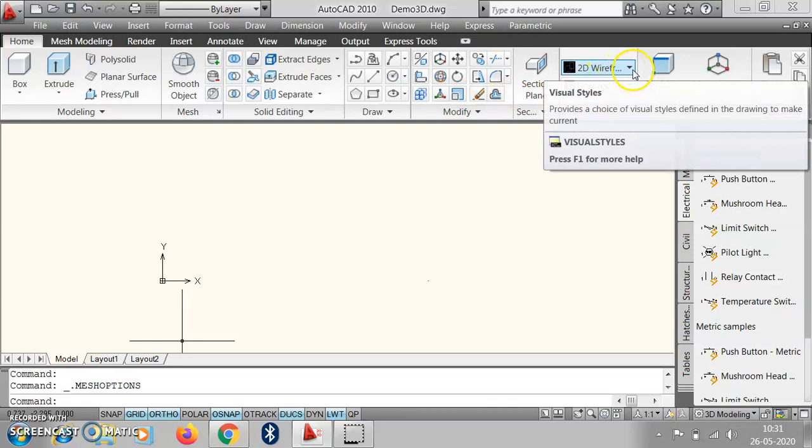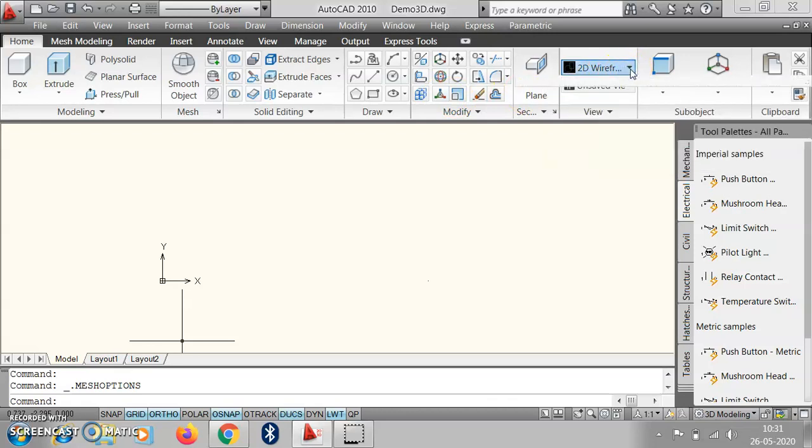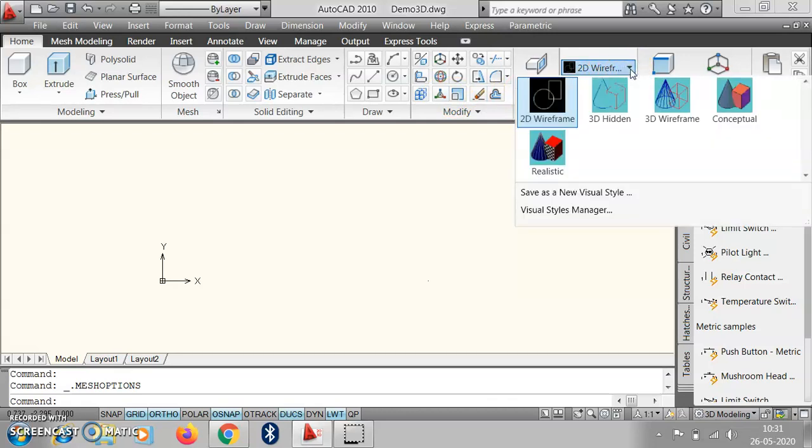Then 2D wireframe. Whenever we require different solid and mesh type objects, in that case we have to select this from here. Here 2D wireframe, 3D hidden, 3D wireframe, conceptual, realistic views. These are the views.